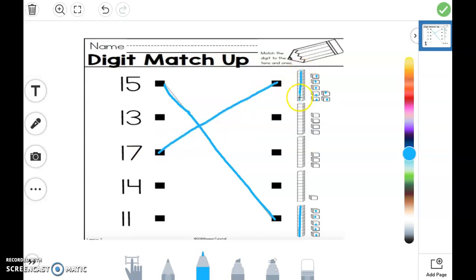The 1 ten means that there's going to be a 1 in the tens place. And then here, there are 7 cubes. So that means there's going to be a 7 in the ones place. That's going to help you figure out some of these tricky numbers if I look at how many tens there are and then how many ones. And I'm going to match it to the